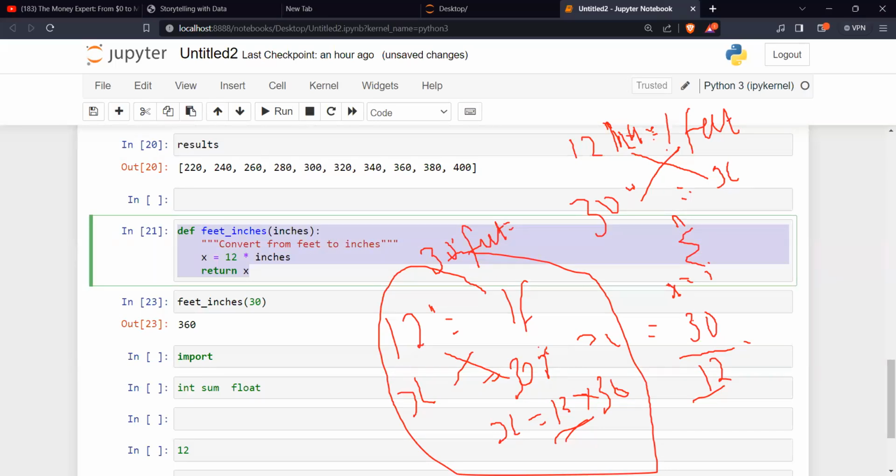Now, what you are going to put inside it, they are called your arguments, or sometimes you can call them parameters. So, for example, if I say this, my inches now is a parameter, is it not? So a parameter can be anything in this case. Just think about it like a variable.